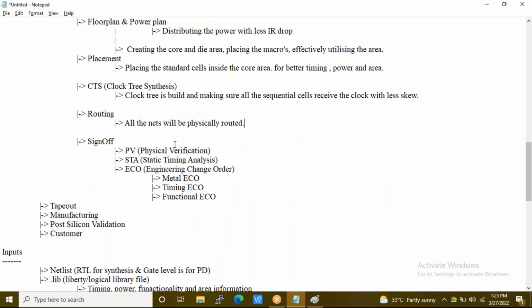Now, coming back to this particular concept, the sign off stage. So here completes the PD perspective.